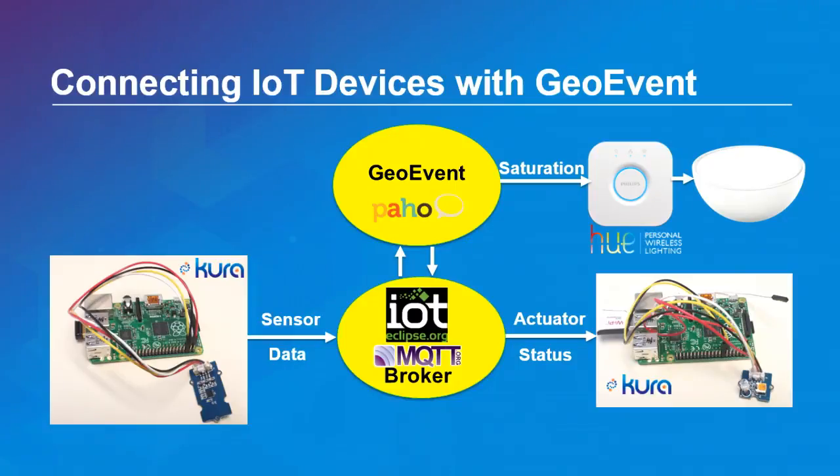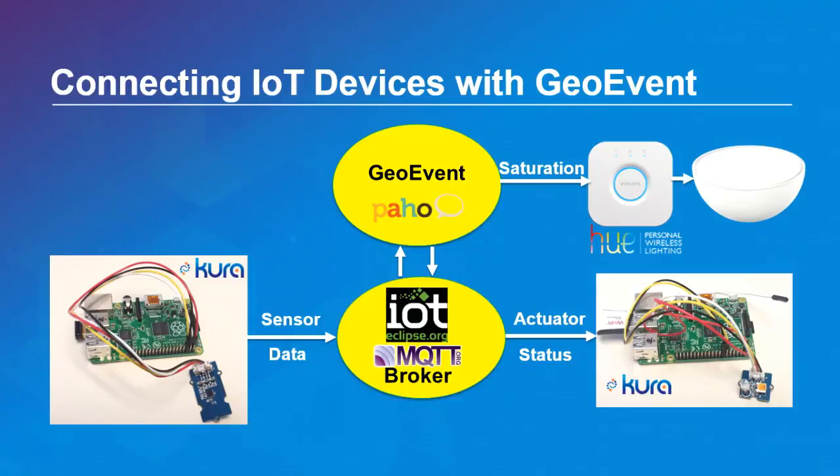So the two Raspberry Pis are not connected to the GeoEvent directly. They are connected individually to the IoT integration platform. This enhances the flexibility and the adaptability of the IoT devices. The IoT integration platform does not have any business logic related to the devices that are connected to it. It merely hosts data for them. There could be many services behind it that offer different business solutions. So GeoEvent is a perfect example.